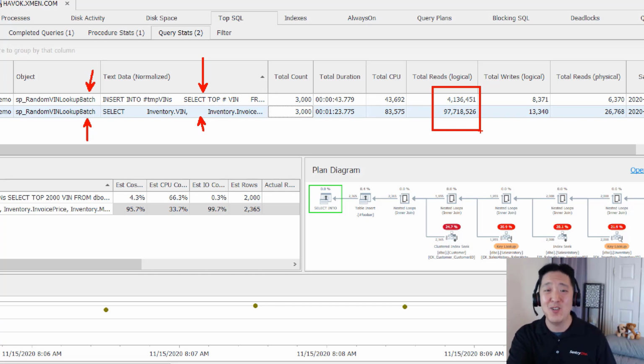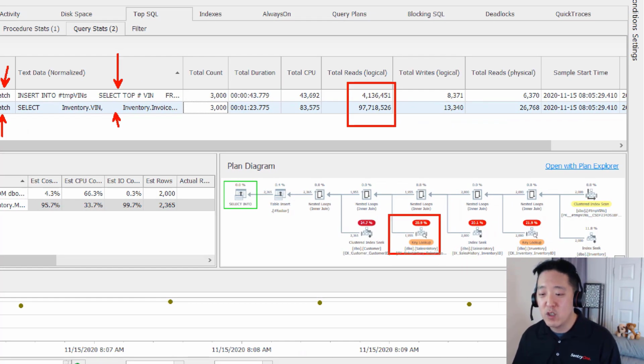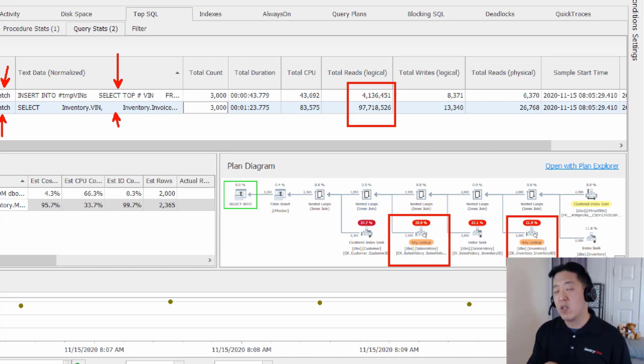You saw how I ran this earlier, right? A single execution ran in a fraction of a second. But again, because my workload runs this in tremendous volume, I really, really get hurt. And if you look at the preview of the plan diagram, you see that we have 2 key lookup operations right here. So again, this is one of those cases where you need to look at things from a workload perspective,